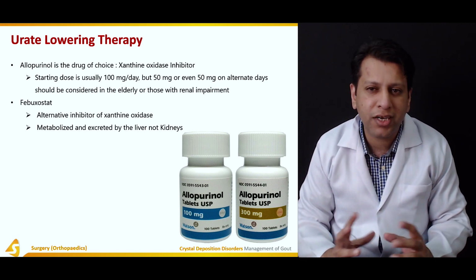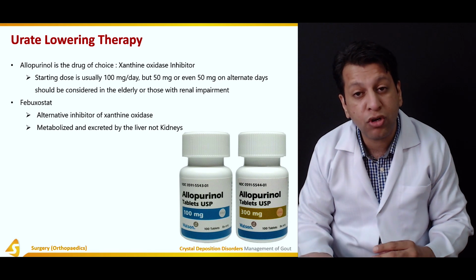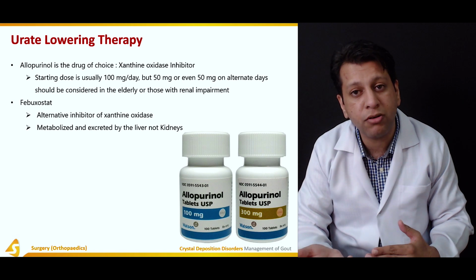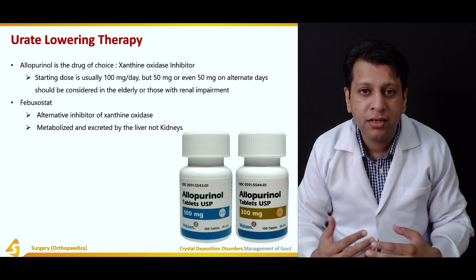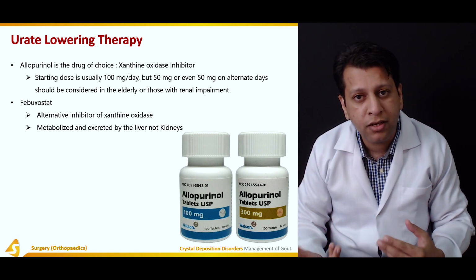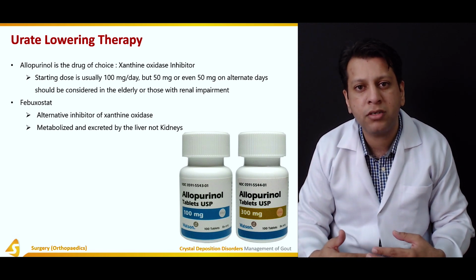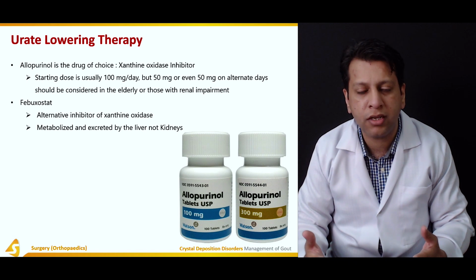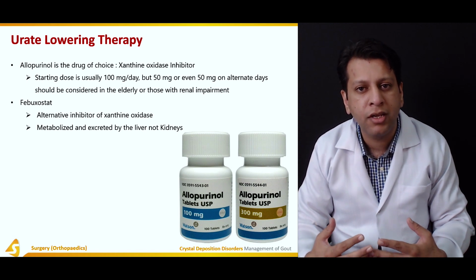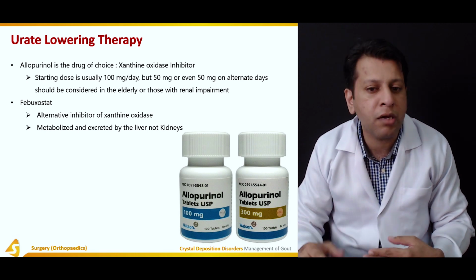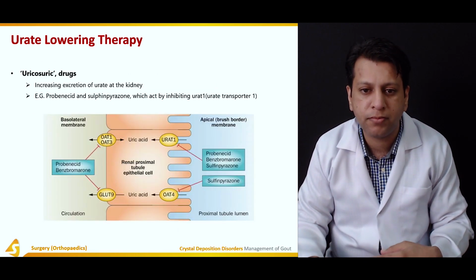So in the case of kidney diseases, which is actually quite common, there are a lot of patients who had gout due to kidney disease or secondary to kidney disease. In that case, if the liver is working properly, you have another organ which can metabolize the drug, and that can work. The uric acid production can be easily taken down, and there will be no increased accumulation of the drug because now the liver can metabolize it.